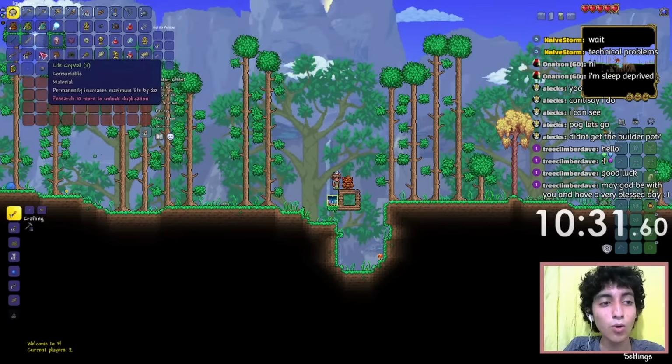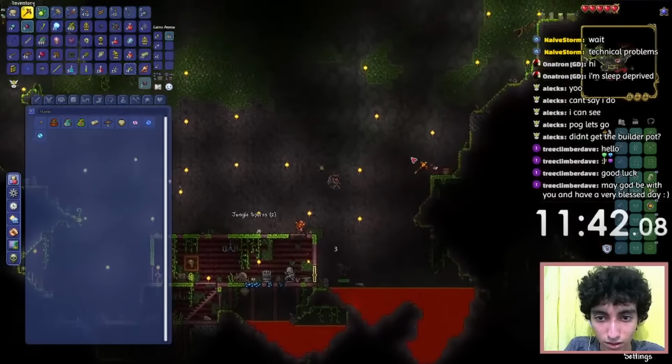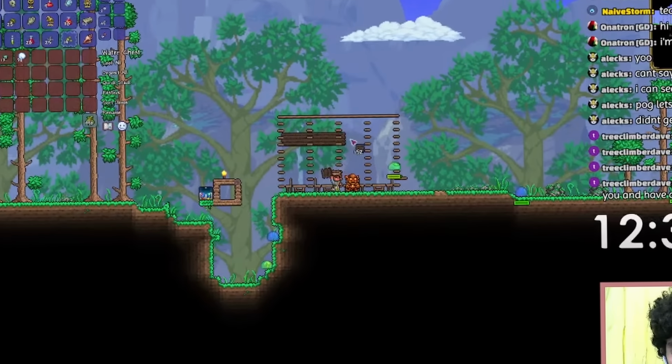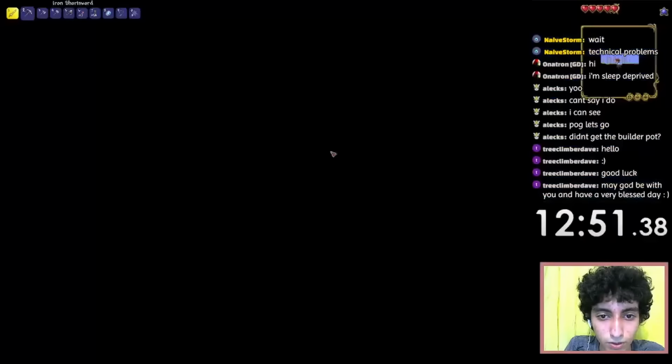I research the treasure bags, and then I realized that I didn't grab 2 life crystals. So I go back into the jungle, and then after getting the life crystals, I go back, build some houses. I don't know why I built 4 houses here, I only needed 3. And then I place some items in the chest, and I go to my character named 1, so I can